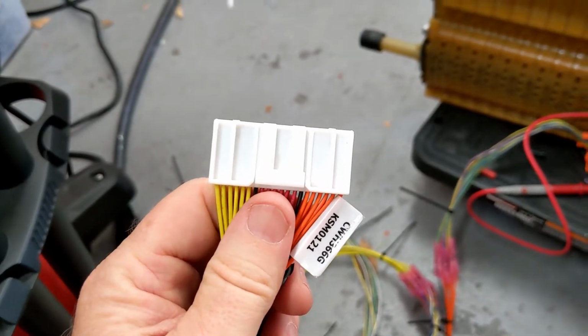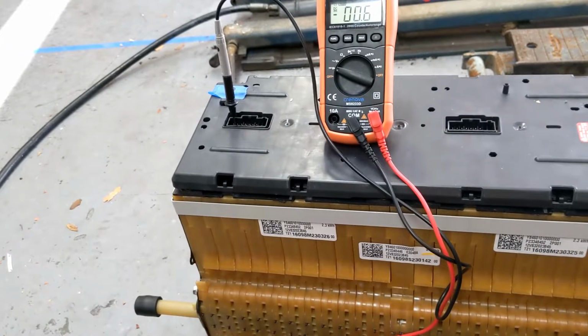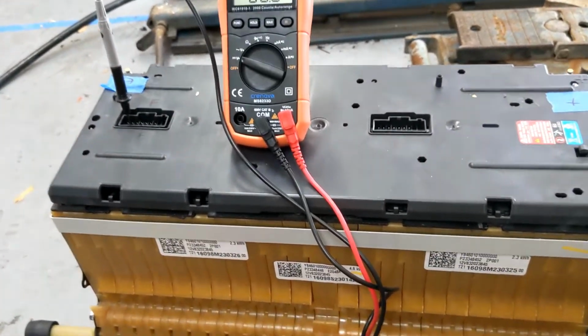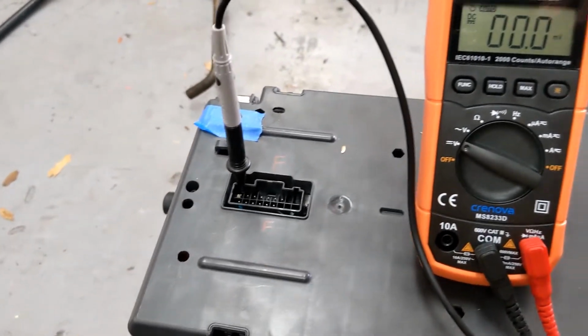So it works out really well, and we also have natural negatives for each of the 3 groups of 12 here on the battery pack, so we don't have to do anything tricky like add the tap that we did in this next run over here. All right, so you've got to figure out which pin goes to which one,